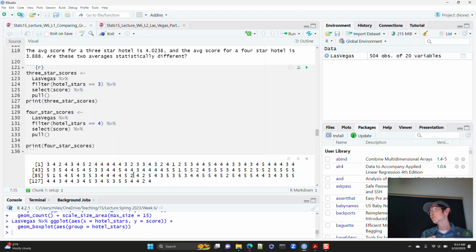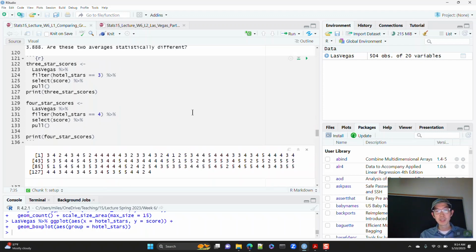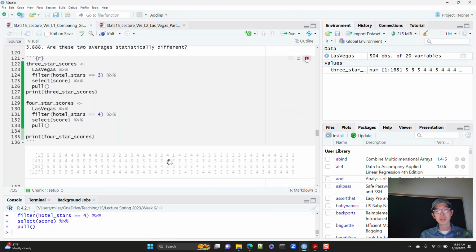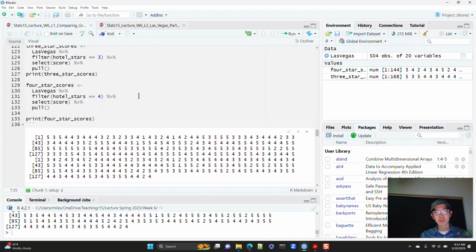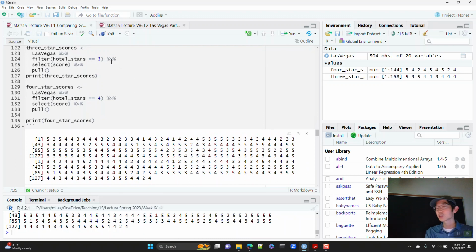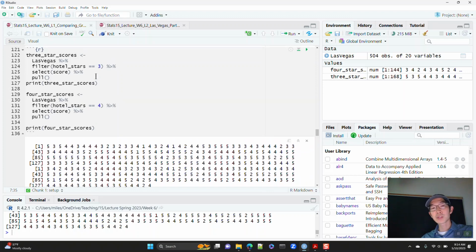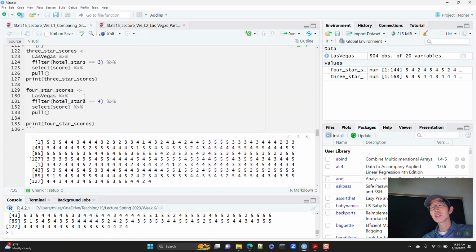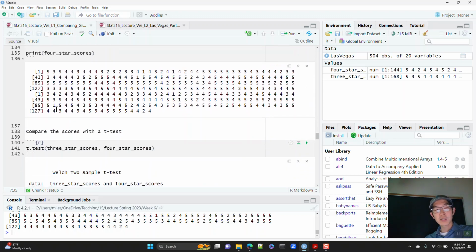To perform that operation, you have to extract the values, and that's what these commands do. It extracts the raw values for all of the reviews for the 3-star hotels. It extracts all of the raw values for all of the review scores for the 4-star hotels, and we're going to put these numbers into the t-test.